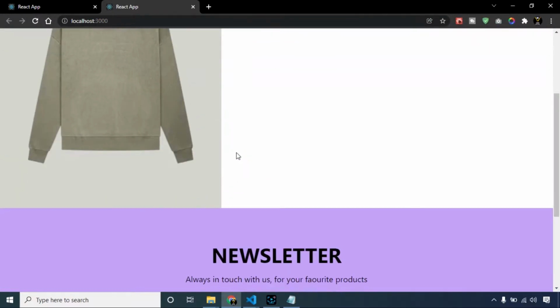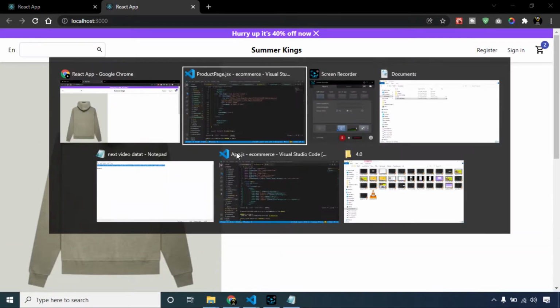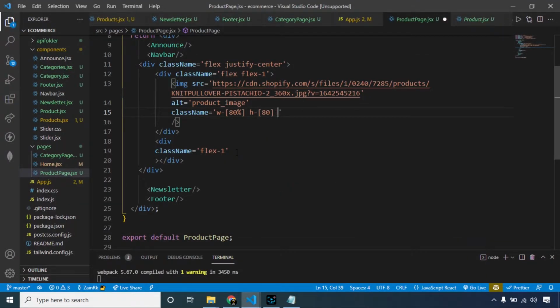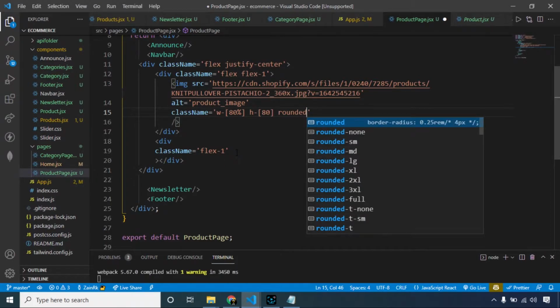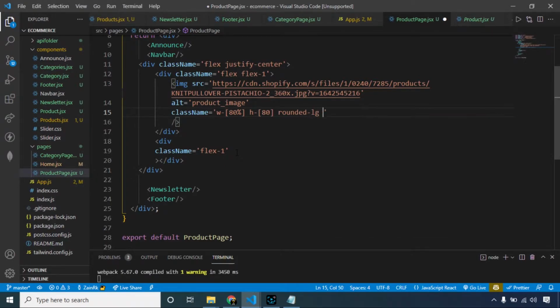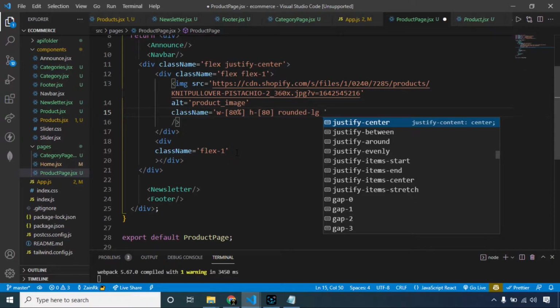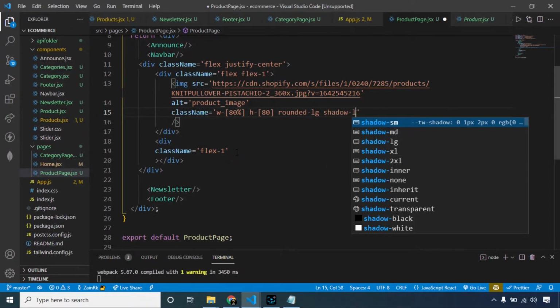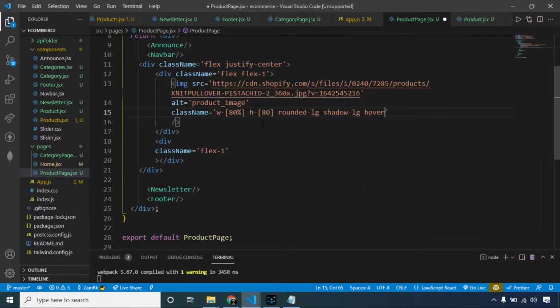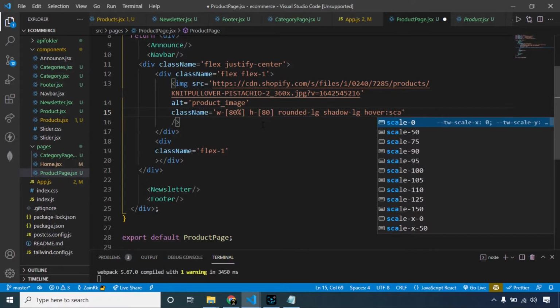Okay, it is too large for this page. Let's make it correct. First of all, make its border radius large and shadow also large, and on hover it should scale about 1.1.